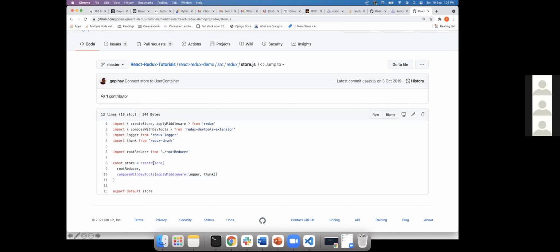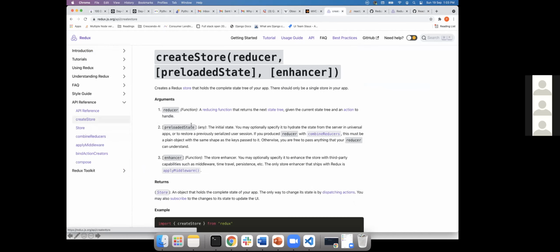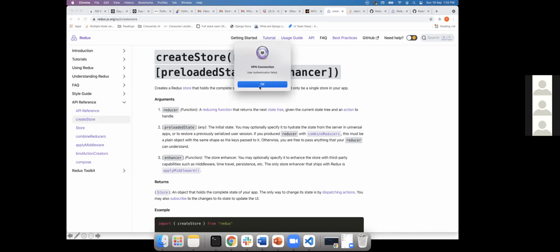Before that, we'll talk about what createStore actually accepts. createStore accepts three arguments. One is the reducer we are passing. Another one is the preloaded state. Imagine we have an initial state in a reducer. So you can create a store, comma, you can pass a preloaded state variable, and then you pass an enhancer. Since we are handling this in the reducer itself, it is not a common practice to pass a preloaded state as the second argument, okay? So there is something called an enhancer.